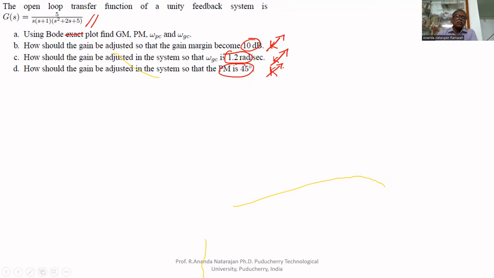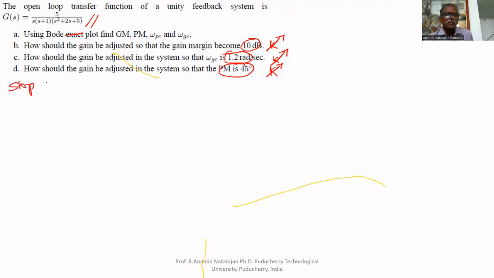One is for the given gain margin of 10. Another one is for given gain crossover frequency of 1.2 radians per second. Another one, we have to adjust the gain so that phase margin is 45 degrees. That and all we'll see after drawing that Bode plot. To draw that Bode plot, the first step is to convert the given